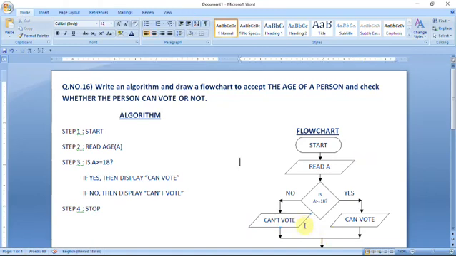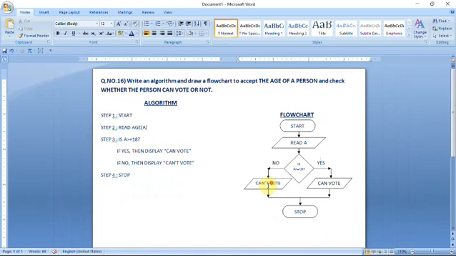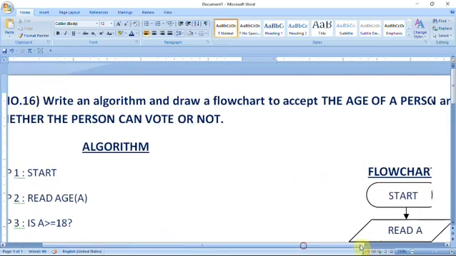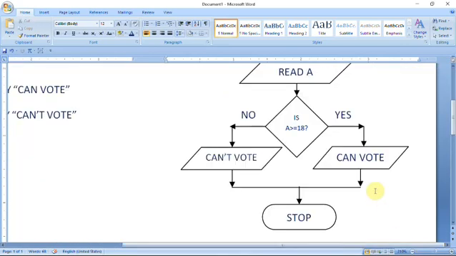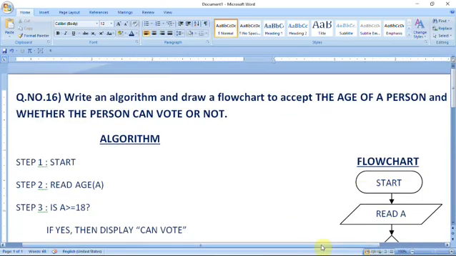So this is one complete algorithm and flowchart for this problem. This is the complete flowchart.